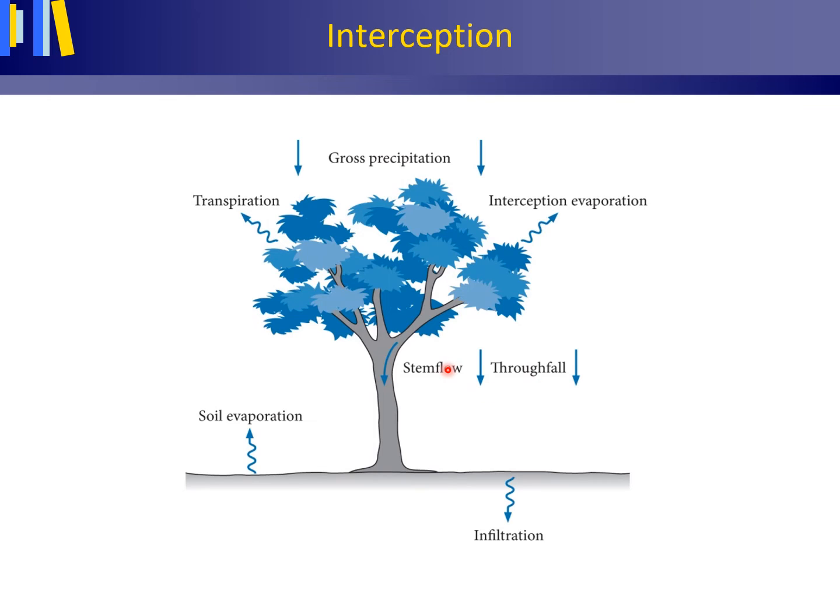Stemflow, stamafvoer, is the process of water running down the main stem of a tree. This can be a large quantity per unit of time, as the precipitation that is captured by leaves and branches in the vegetation canopy is concentrated along the smaller area of the stem. The amount of precipitation per unit of time that reaches the ground surface is the net precipitation, netto neerslag. Net precipitation is made up of the quantities of throughfall and stemflow per unit of time.